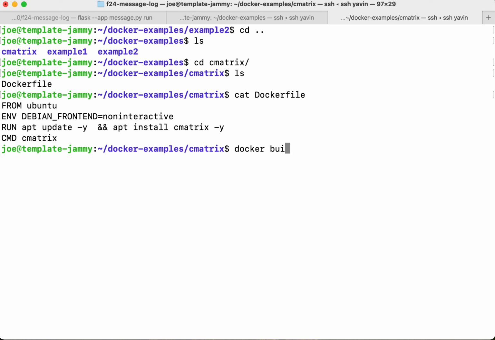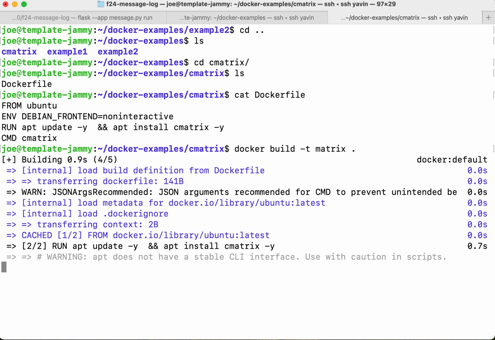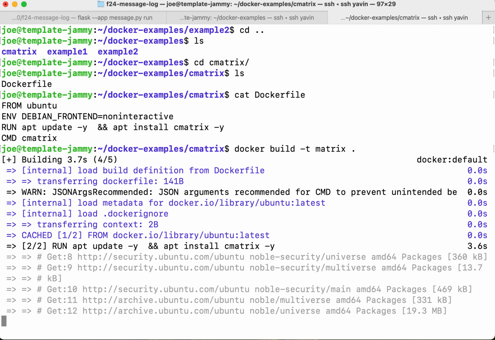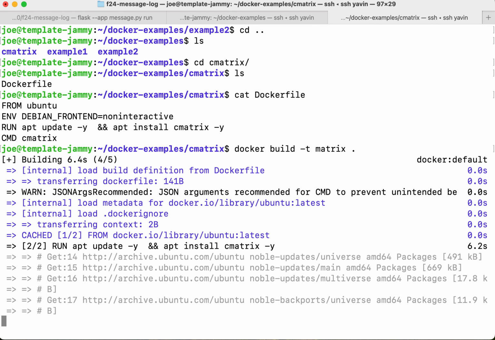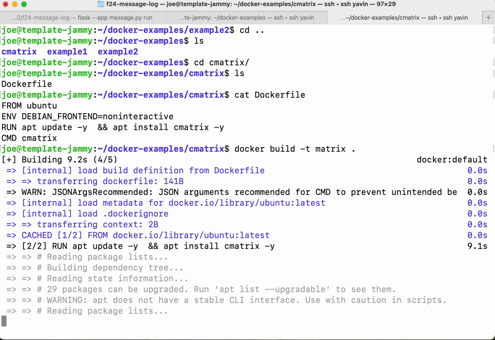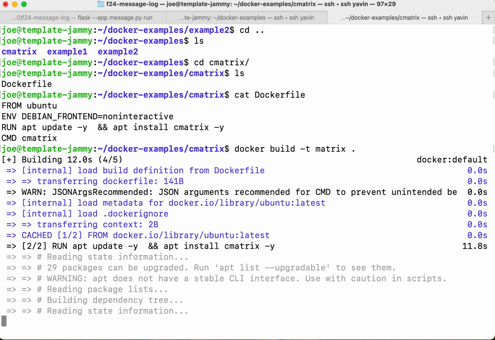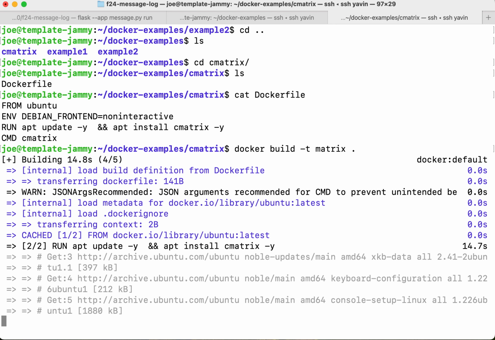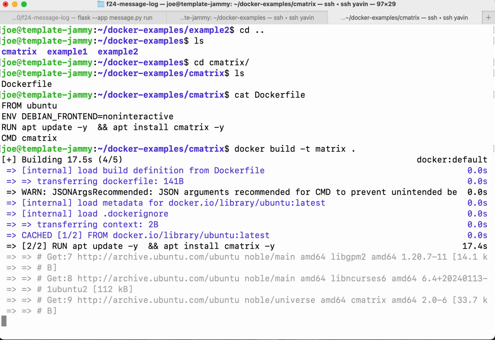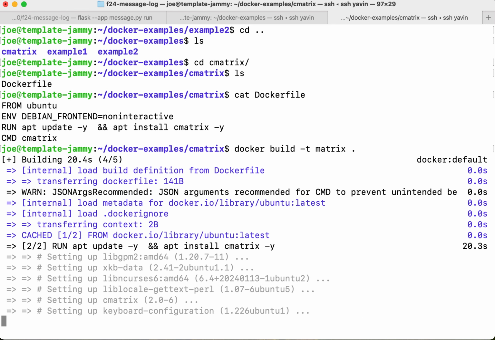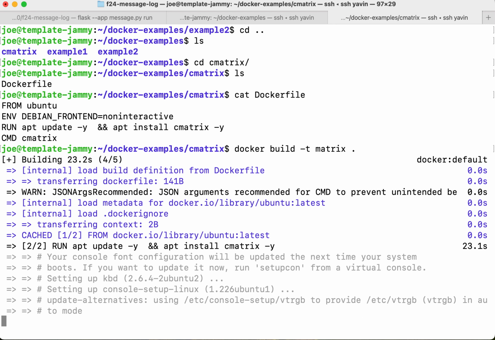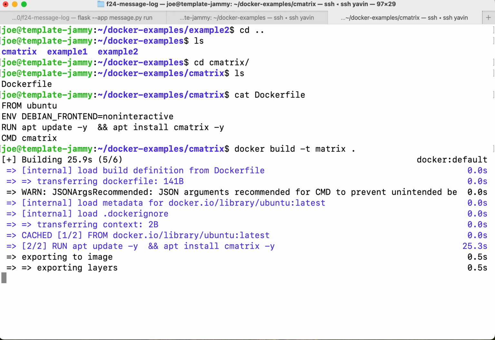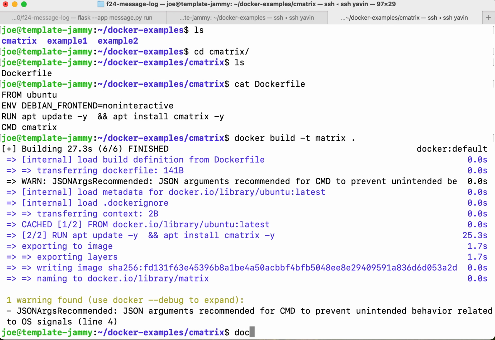So we're going to build it. docker build -t matrix. Look for my Dockerfile in this directory. It's doing the apt install, apt update, whatever. We'll give that a minute. And now, it's giving me a warning, and we can go look at that in a moment if we want. But docker run,